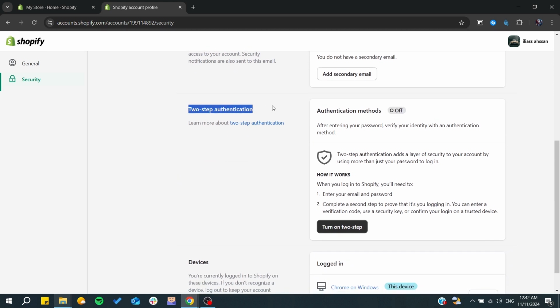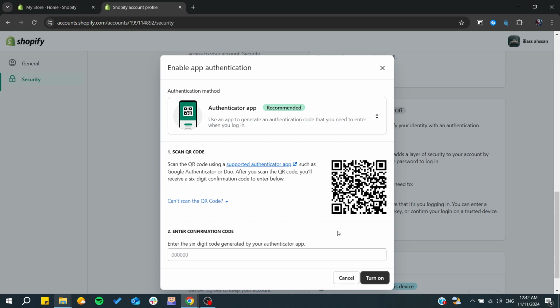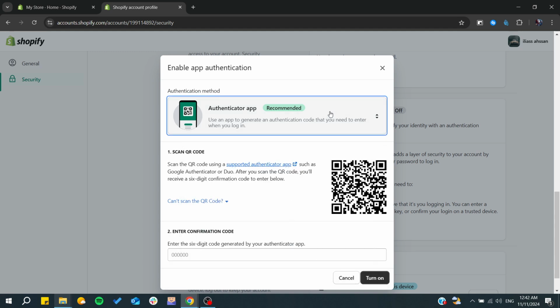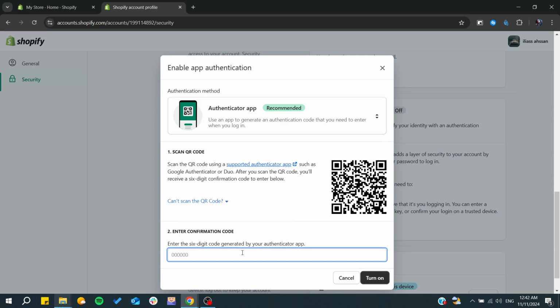To get your recovery code, you will need to set up your two-step authentication. So I'm just going to click on turn on the two-step authentication, and I already have my authenticator app. You can have anything from here. I'm using an authenticator app, and I'm just going to add